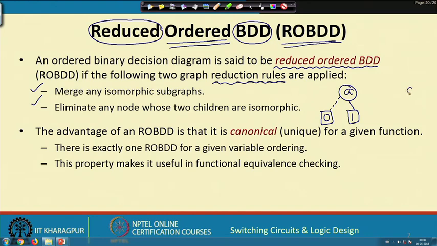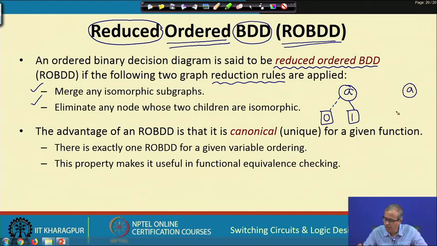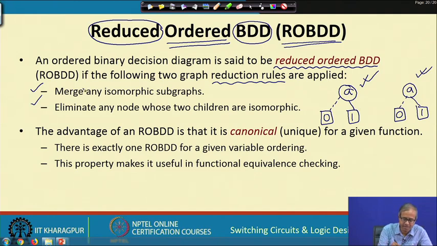There is another part of my BDD where also the same structure is found. So, I say that these two are isomorphic. So, if I find two such subgraphs which are identical or isomorphic, we can merge them into one. This is one rule, and